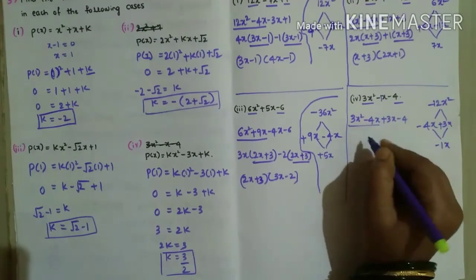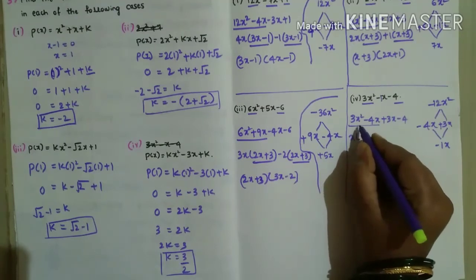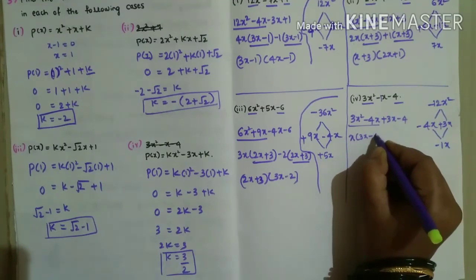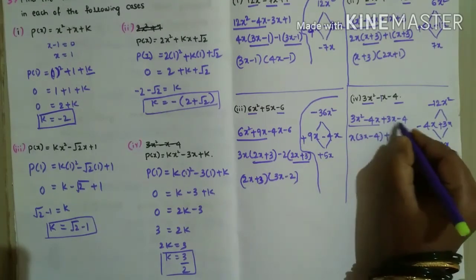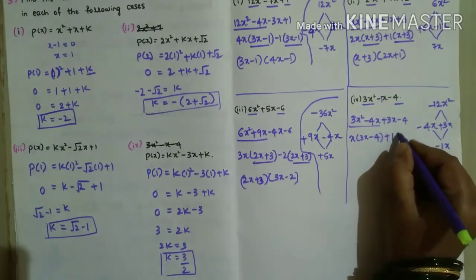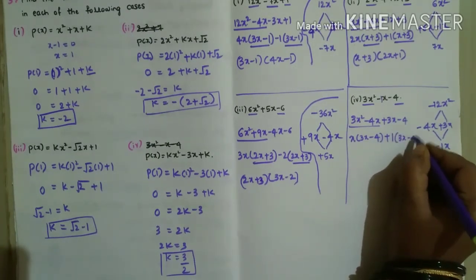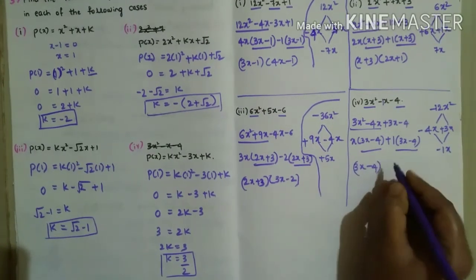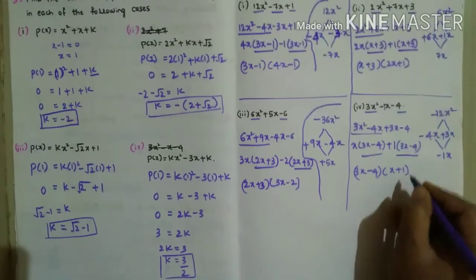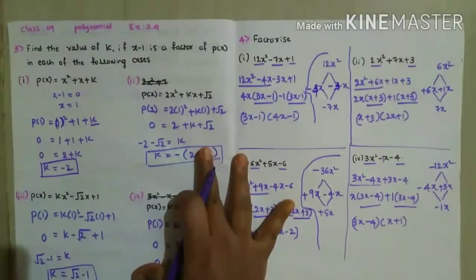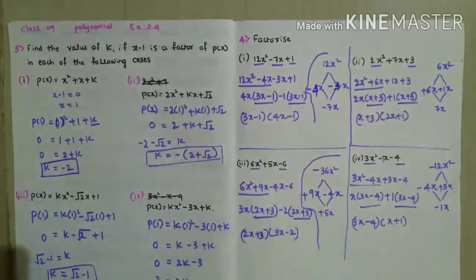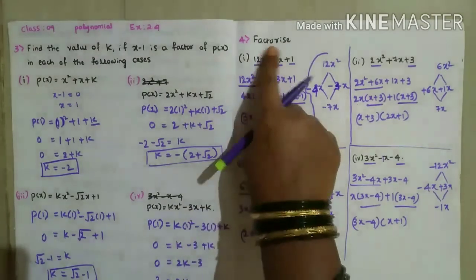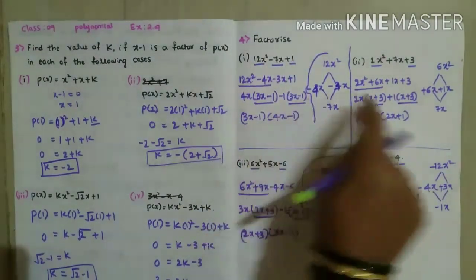From these two you can take only x common. So here 3x will remain, minus 4. Then here, as it is, you write, you can't take anything common, so plus 1 you have to take. 3x minus 4. Now 3x minus 4 you can take out. So the answer will come x plus 1. Like this we have to factorize these sums. This you already learned last year. In this class we will actually equate them to 0 and find the x value, but they told us to factorize, so we factorized the foursome.